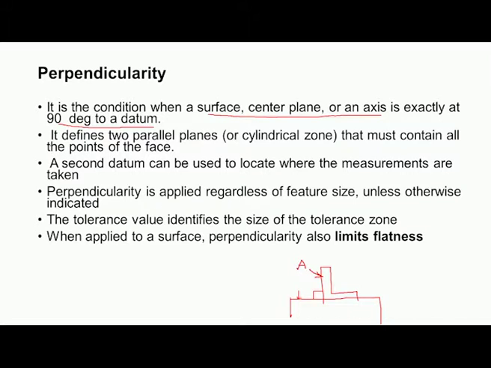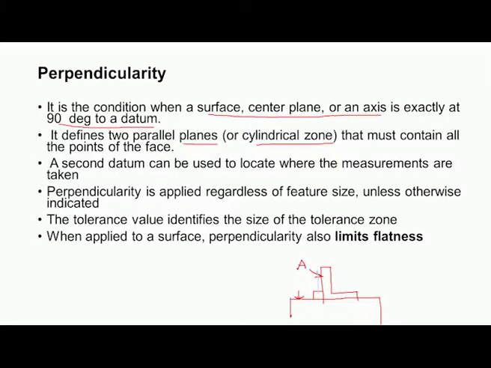It basically defines two parallel planes or a cylindrical zone that must contain all the points of the face. For example, here we have this surface which is to be perpendicular to the datum. What we have to do is consider two planes like this.